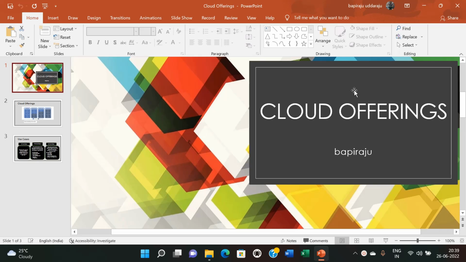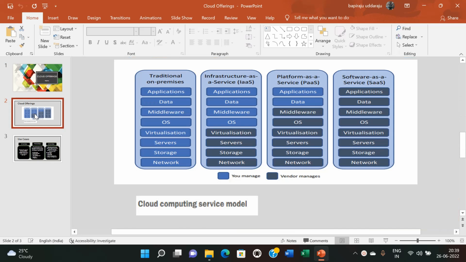This is Bapiraju. In my previous video, I provided a brief introduction about what cloud computing is with a few examples. In this video, I am trying to highlight the different services offered by cloud computing. The three major services offered by cloud computing include infrastructure as a service, platform as a service, and software as a service. So when clients are moving away from the traditional on-premise application development to deployment process and adopting these services, we will discuss the advantages.